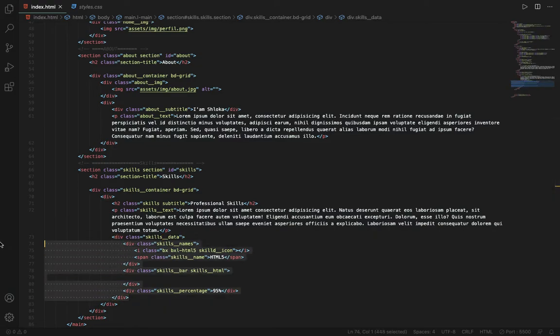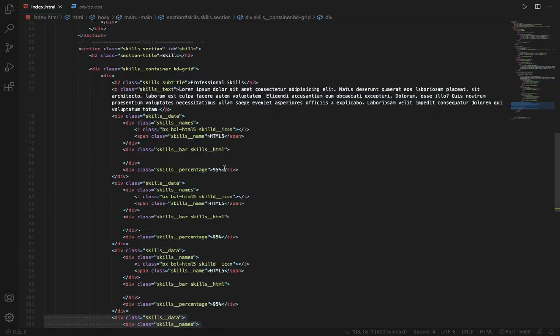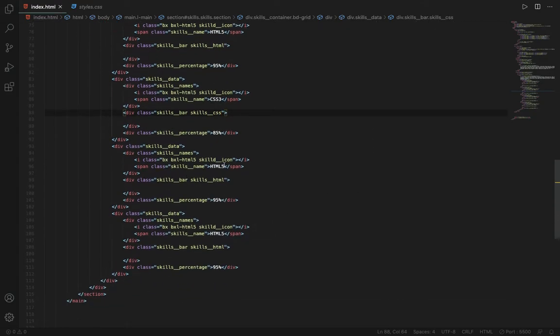Now what I will do is simply duplicate the component, 1 2 3, then after html I will change it to css3. Then the 95% I will change it to 85%, and I will change it to CSS. Then in the next one I will change it to